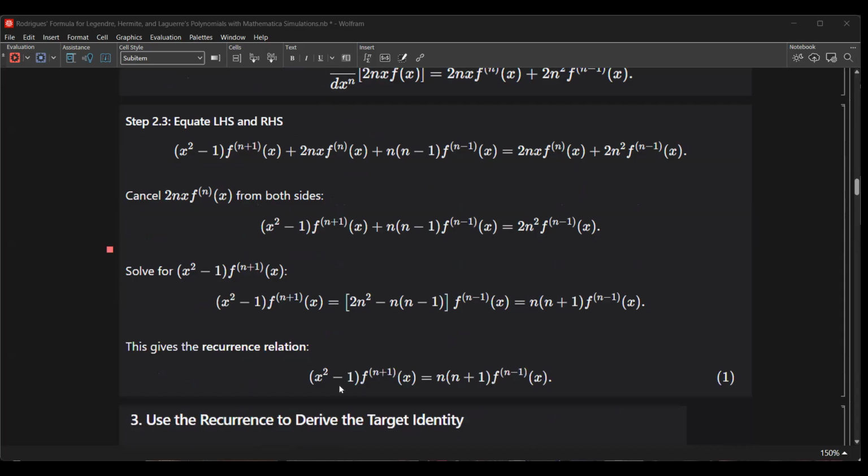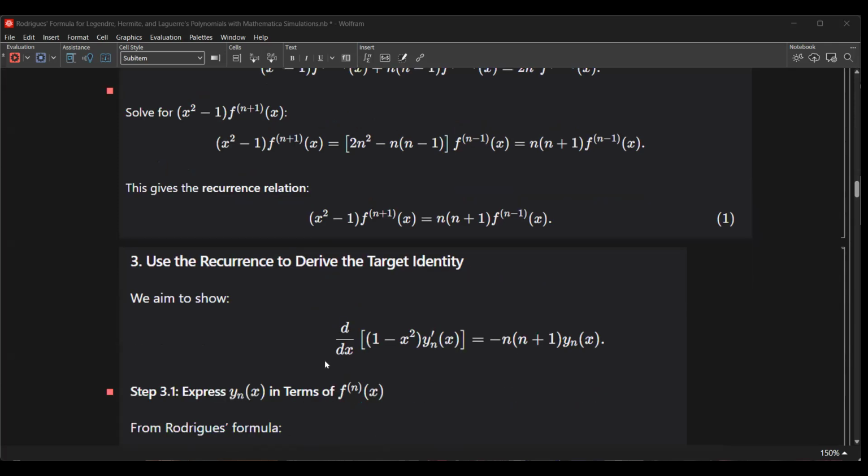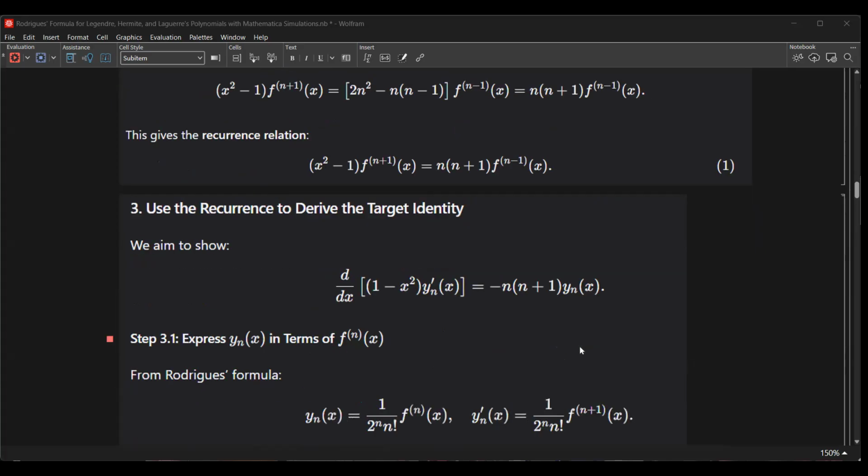So we have (x squared minus 1) times the (n+1)-th derivative of f(x). So by simplifying, we have n times (n+1) times the (n-1)-th derivative of f(x) here. So use the recurrence to derive the target identity. We aim to show that the derivative of (1 minus x squared) y prime is equal to negative n times (n+1) y_n. So the expression